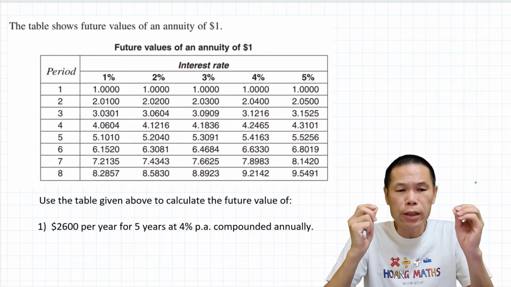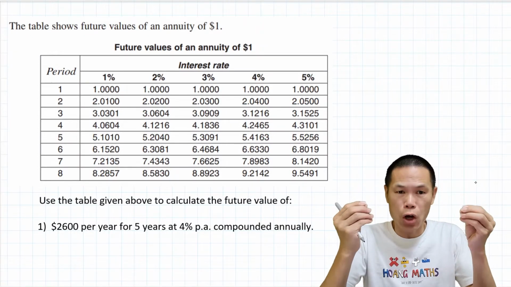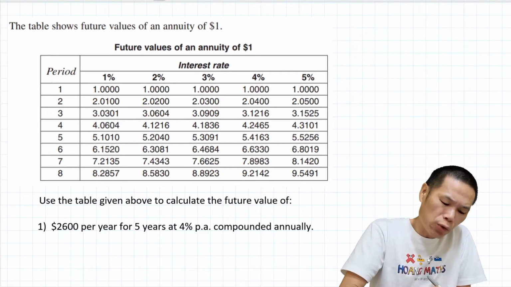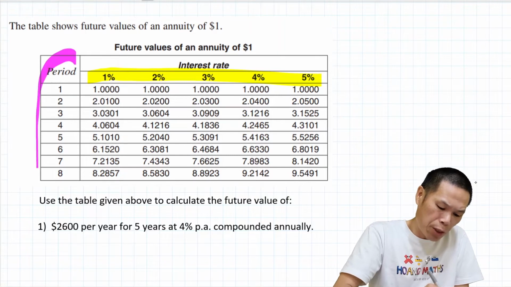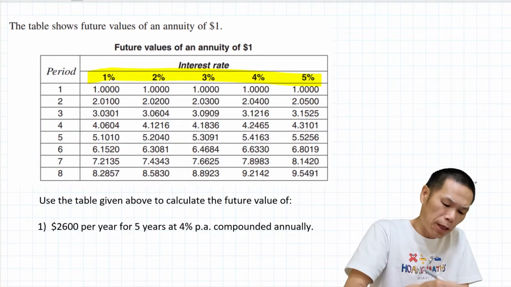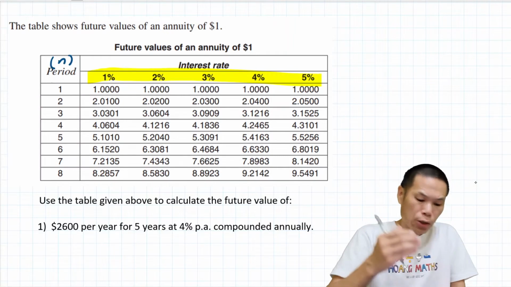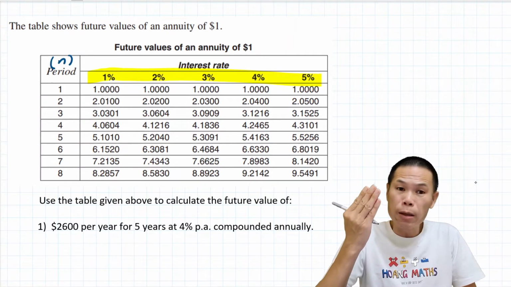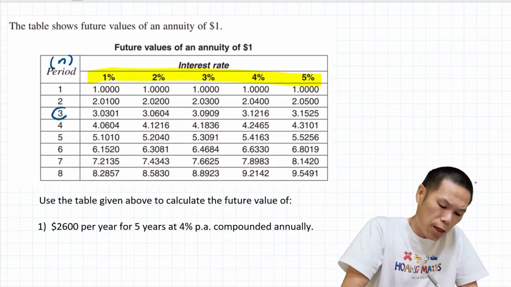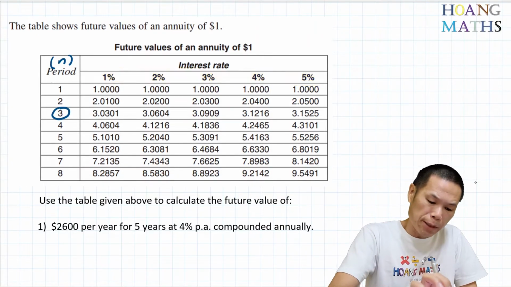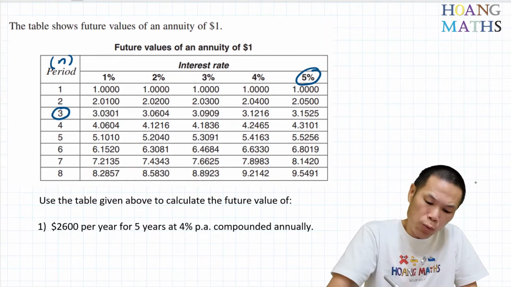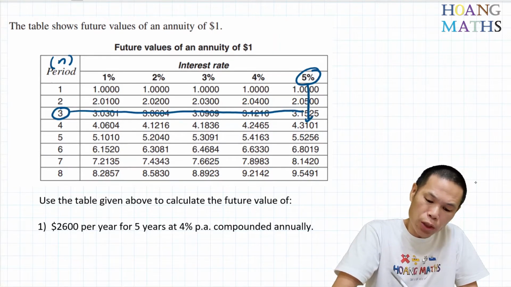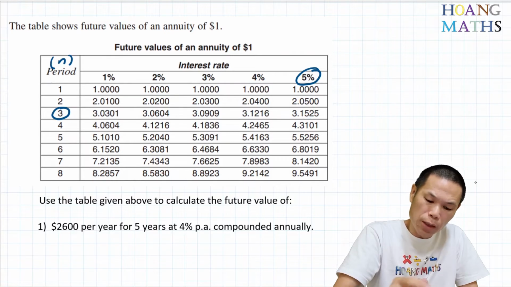The table is showing the future values of an annuity of $1. So we have the interest rate per period, and then this is the period, N. Let's say, for example, the period is 3 and the interest rate is 5%. Therefore, the future value for this, we look down the column and then across the row, will be